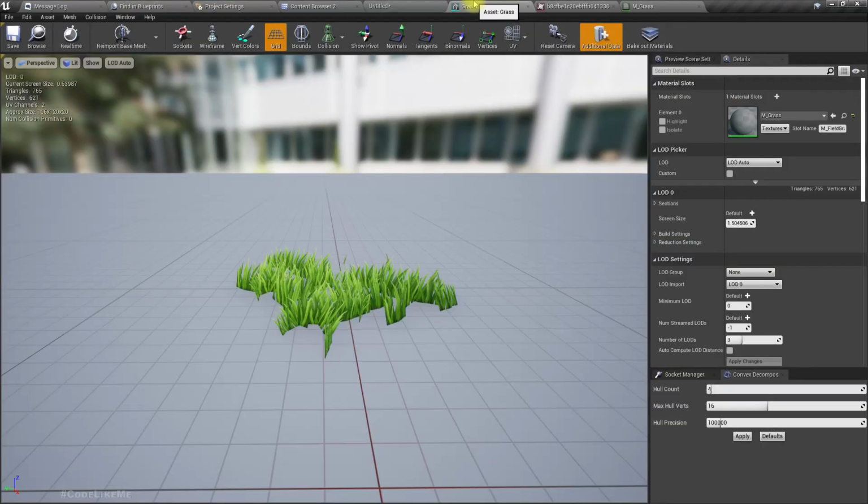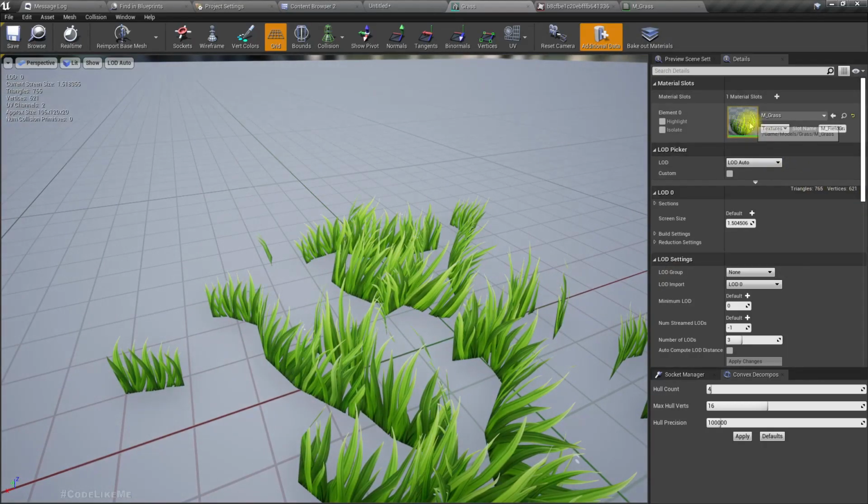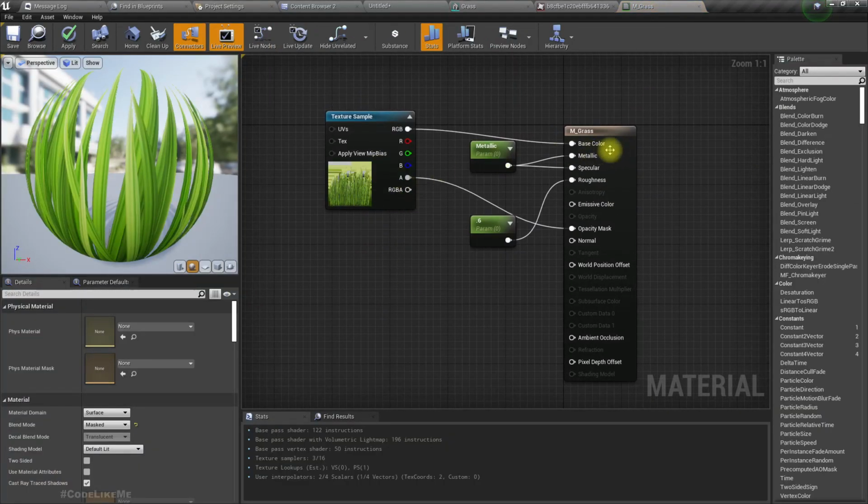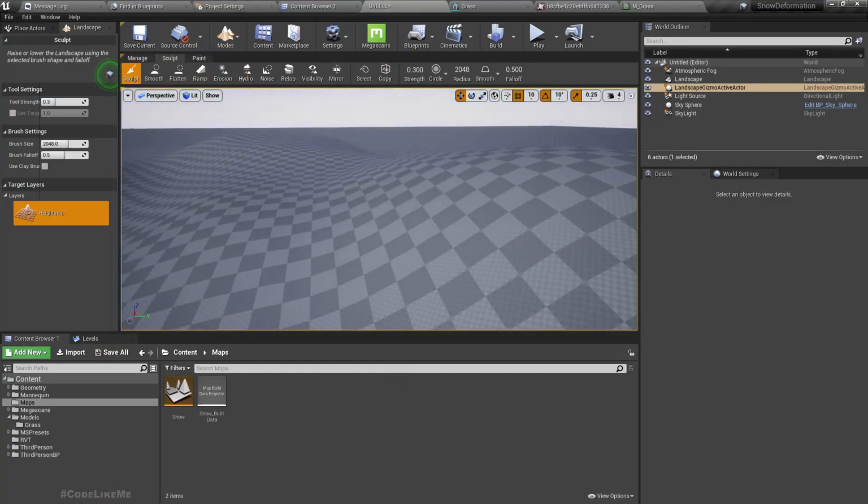Right, and I have imported this grass mesh to my project, and this material is quite simple. It's just the texture like this. Blend mode is masked, so I connect this alpha channel to this opacity mask, and base color, simply base color, and metallic and specular is 0, roughness is 0.6. Actually I'm not really trying to make realistic grass shading or anything. I just want to work on how to make the grass mesh affected by the footsteps and other physics objects like the snow deformation. I'll save this map,